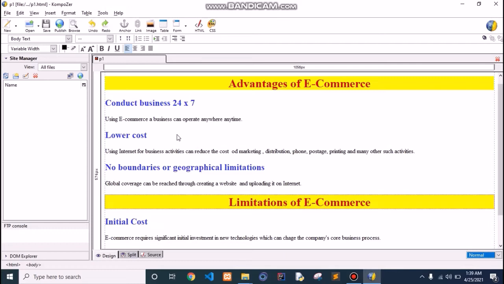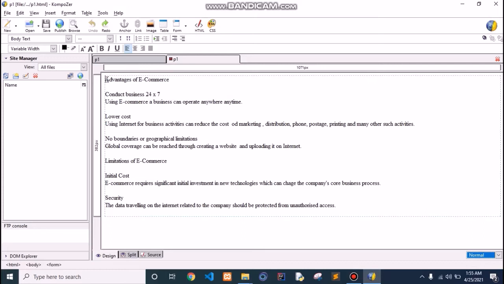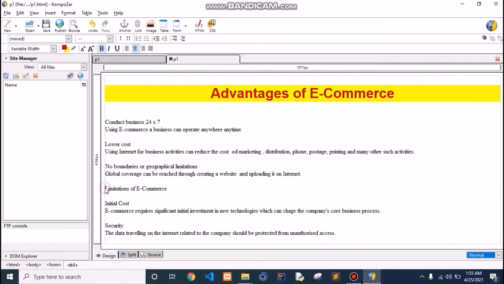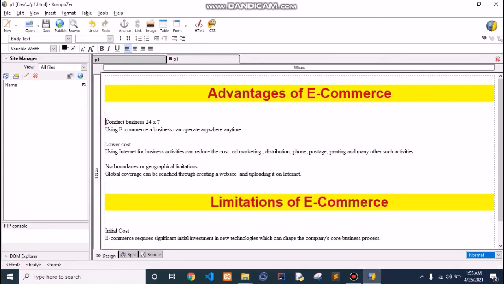Let us open file p1.html again. Click open, p1.html, open. Using CSS, simply select the heading and apply style. There is no need to separately apply font size, font color, center align, background color and so on.